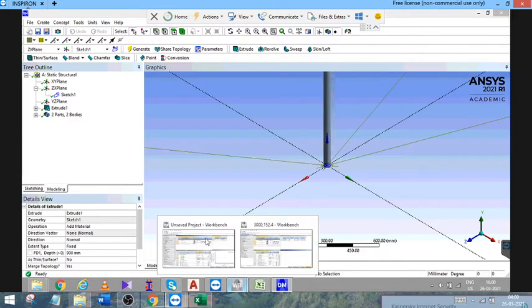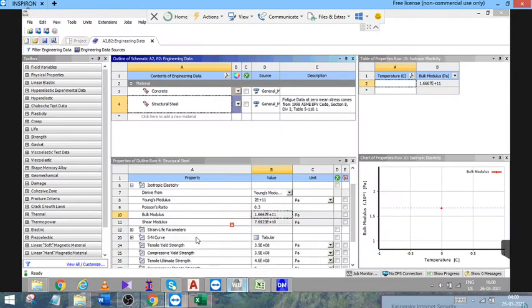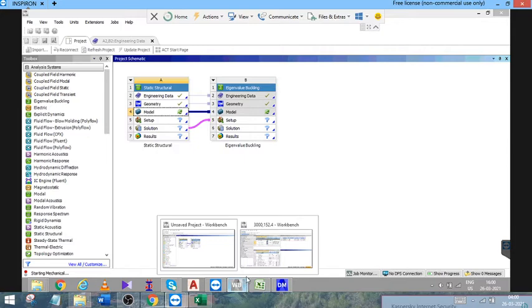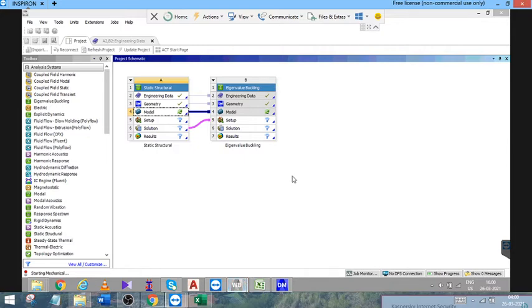Now again go back to the project schematic window, and select model. In the model you will have to specify which is the concrete core and which is considered as structural steel in your project.